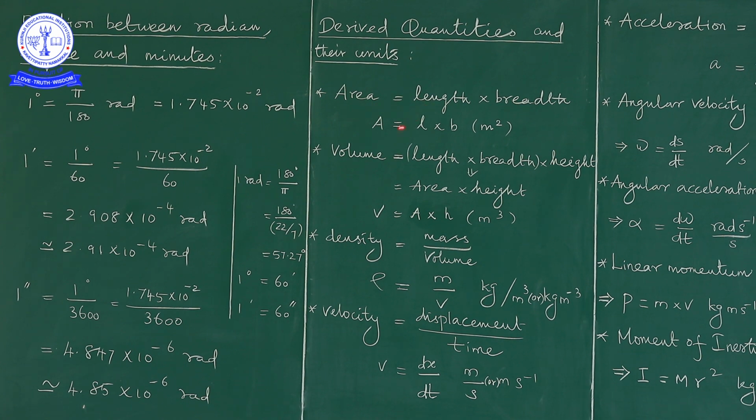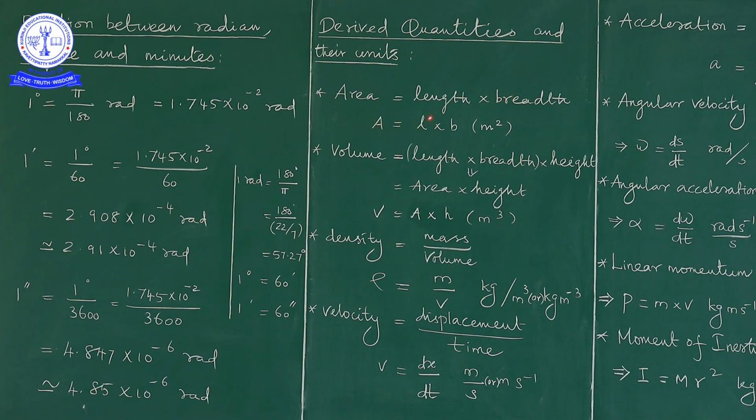Area is nothing but, as we already know, if the given geometrical structure is a square, we have side by side, that is A into A. Or if the given geometrical structure is a rectangle, we have length into breadth. Look here, the area always acts as length into breadth. Whatever the given geometrical structure may be, to find its area we have to take the product of the length and the breadth only.